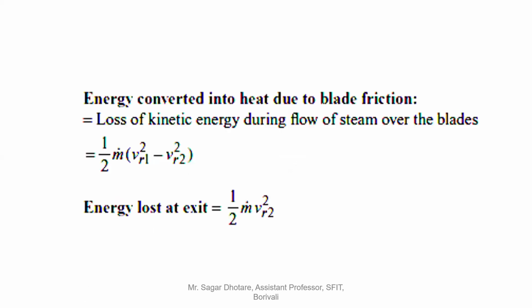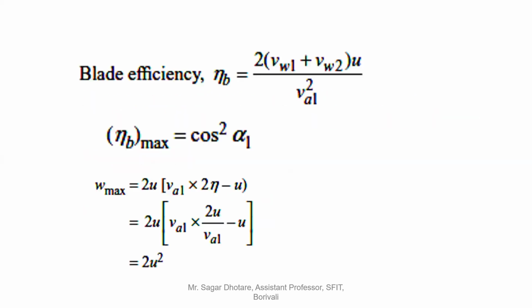The energy converted into heat due to the blade friction, the loss of kinetic energy during the flow of steam over the blade, is equal to 1 half m, that is mass of steam, into VR1 square minus VR2 square. The energy lost at the exit is equal to 1 half m VR2 square. Now blade efficiency, again we have already seen this one. Now you can find out the W max,